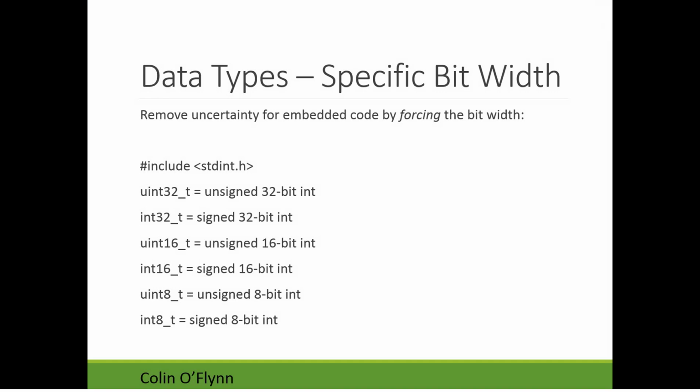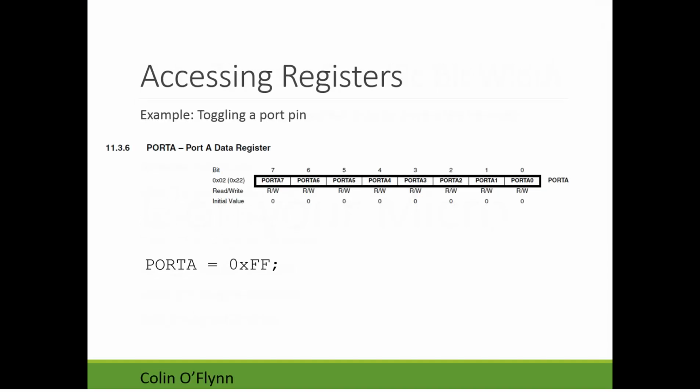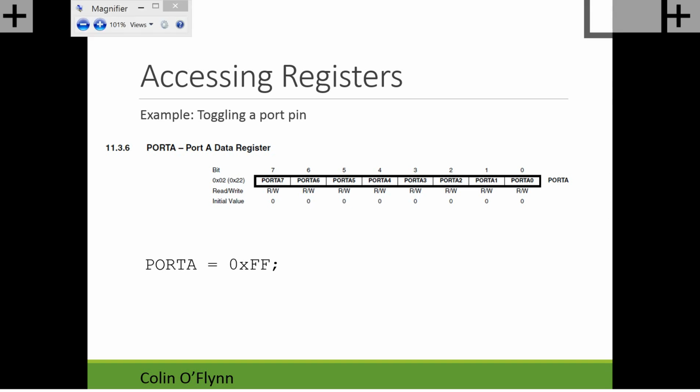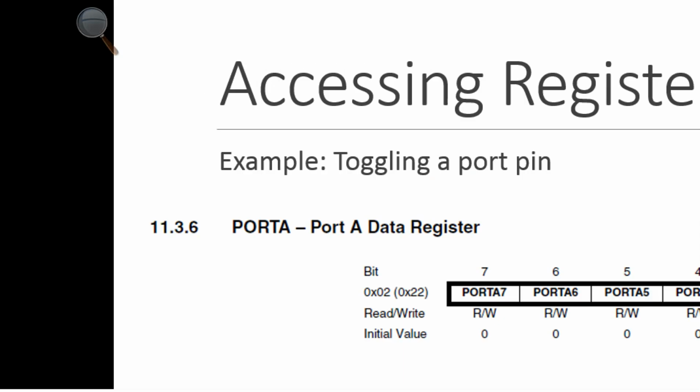All right. C on your micro. So C on the micro is very much the same as writing C on anything else. The main difference is you're going to be doing lots of writing to special registers. These are defined in the data sheet. So for example,